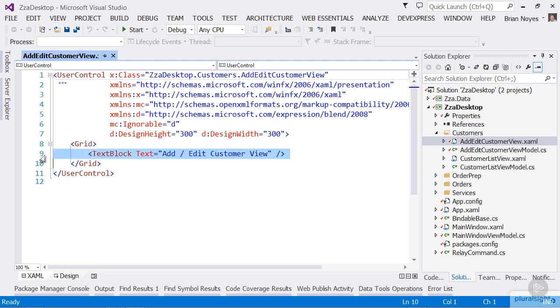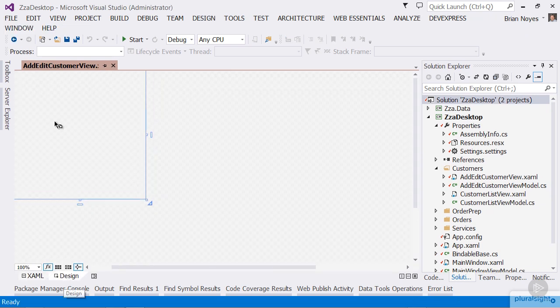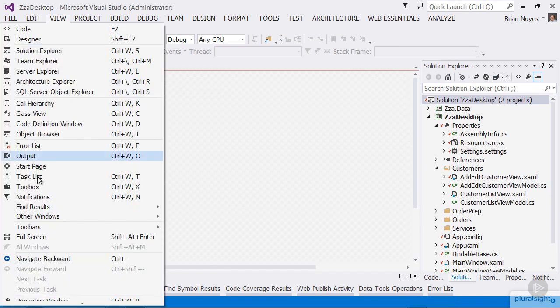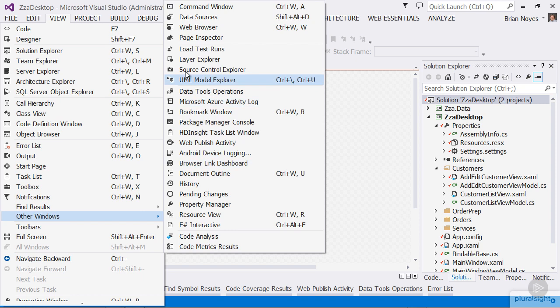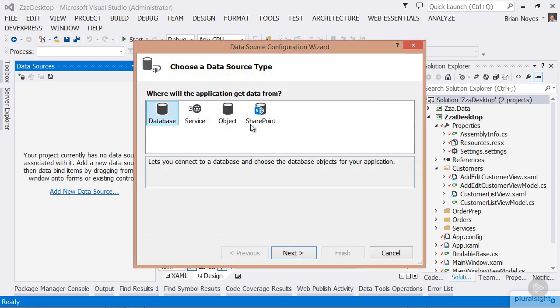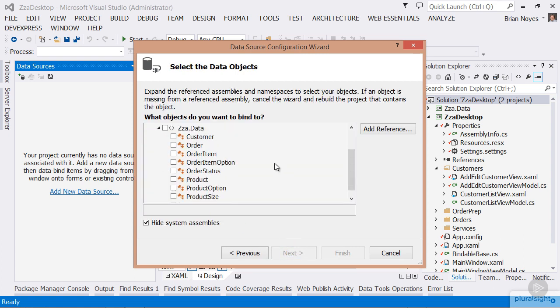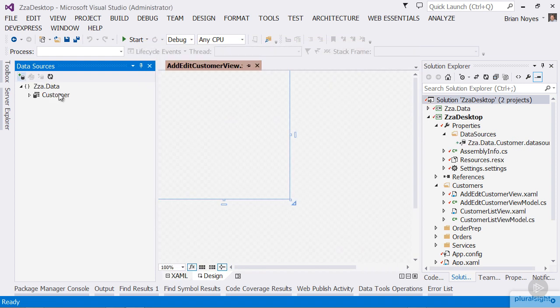So first up, we're going to get rid of this text block. And then we're going to drop into the designer here and bring up a window that is called the Data Sources window in Visual Studio. From that Data Sources window, we can add a new data source, either with the hyperlink or up in the left corner here. We'll pick an object data source, say Next, and then drill down to where our model object definition is. So I can click on Customer here and Finish,